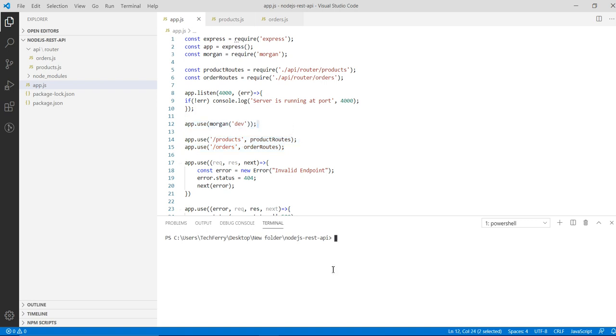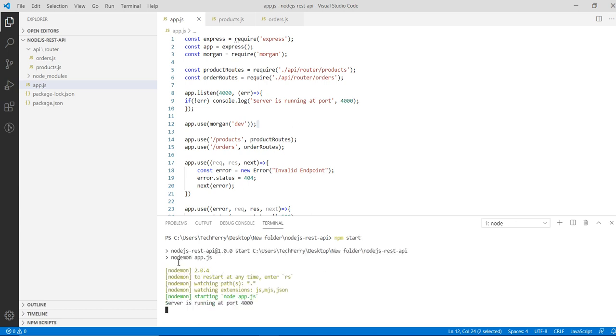So let's first start the server with the help of Nodemon. How will we start it? npm start. You can see nodemon app.js, and the server is running at port 4000. Now let's see what Morgan will do for us.